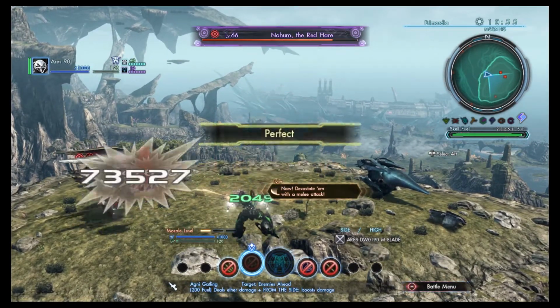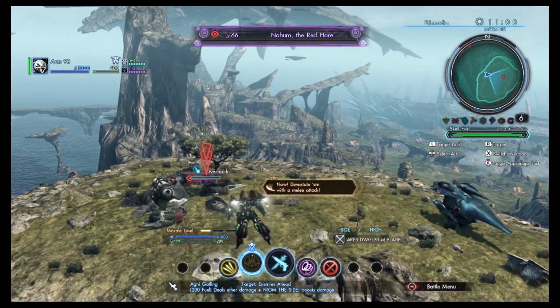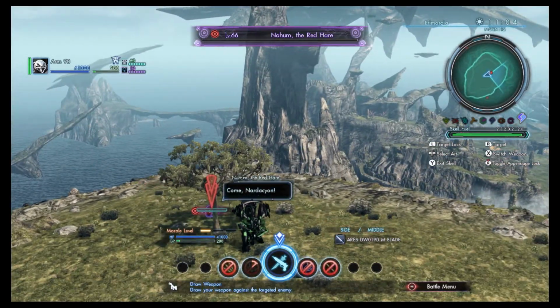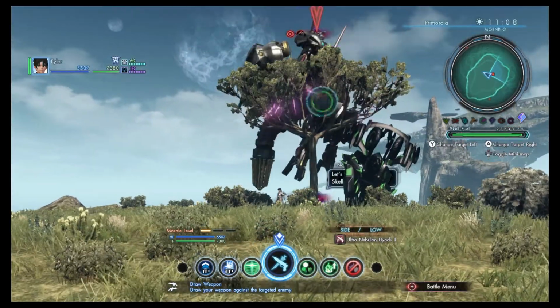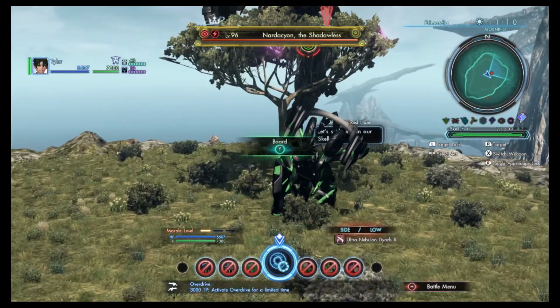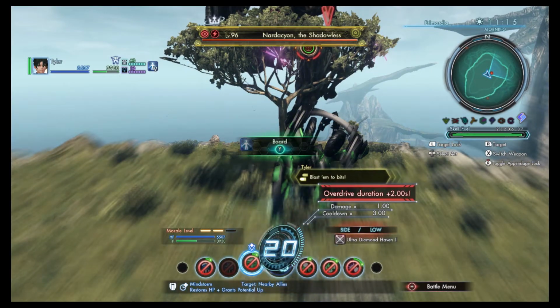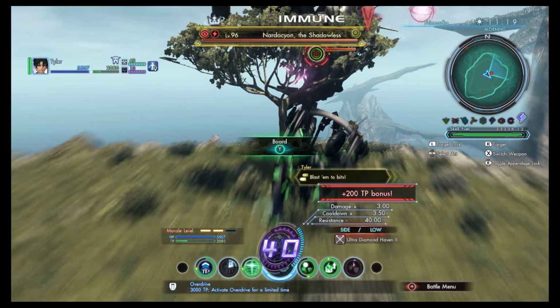So, I'm going to be using only spikes to do damage. I'm technically going to be auto-attacking as well, but that doesn't really matter because I'm going to be missing all my auto attacks because I have no investment in accuracy. And I'm actually going to be using both proximity and counter spikes for this build. And that's basically because